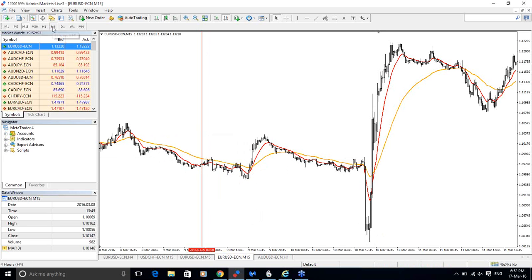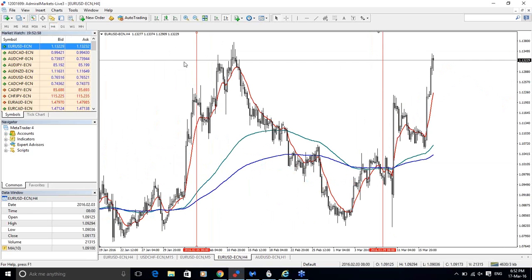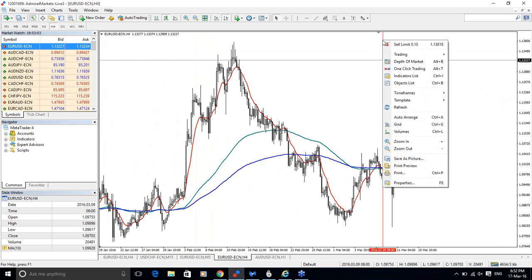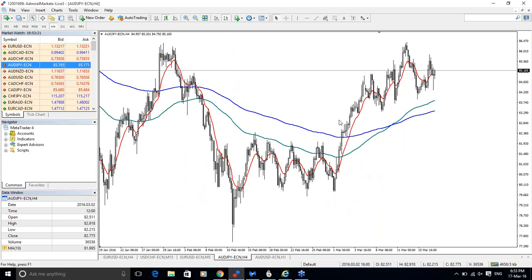Okay, so let's use one more example. We need definitely to find another pair that possibly made a recent cross, because that way I will be able to locate the 15-minute cross much better. For example, we can use pound dollar. Okay, you see, this is not an entry because 200 EMA is above 100 EMA, so we don't take this entry, although it was good because the price went up.